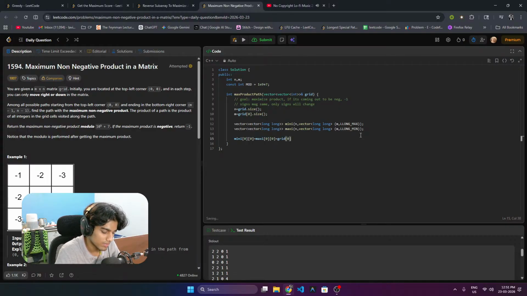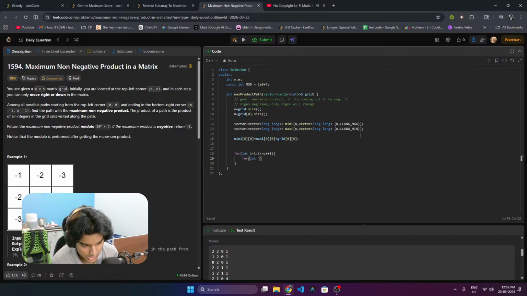I'll just equal to the first element. Then what I do, my loop will start from 1. Then my jth loop. What I'm storing is that minimum value to reach till there and maximum value. And if the current value is negative, I will try to multiply it by